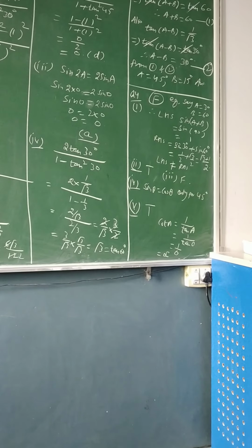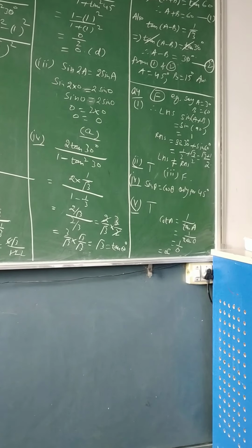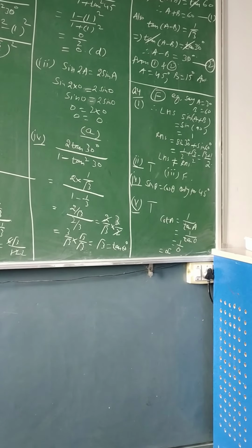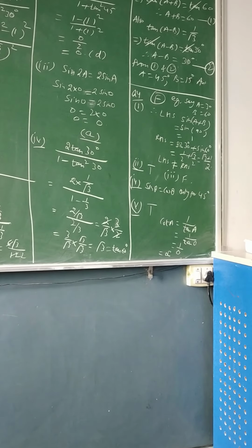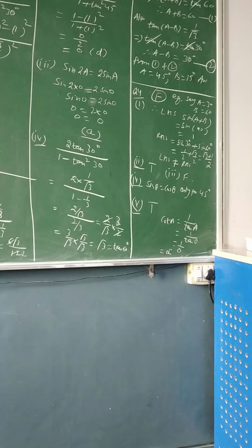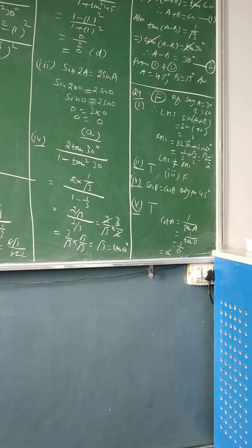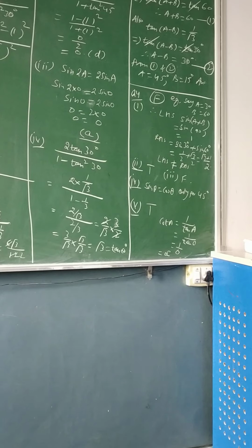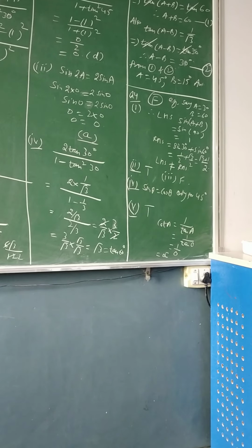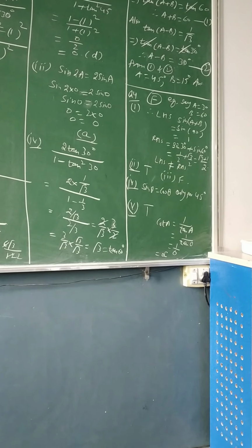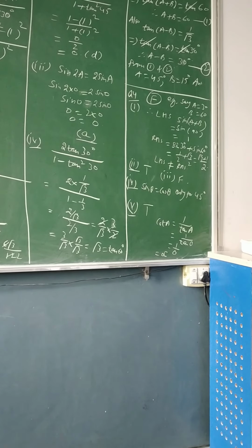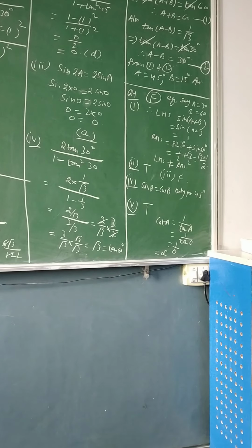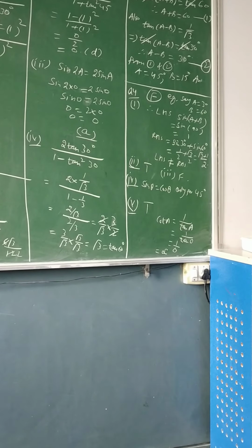Then fourth, sin theta is equal to cos theta for all values of theta. You can try other values, otherwise it is very clear from the trigonometric table that sine and cos in terms of theta are only and only equal for 45 degrees. So other angles are not equal there. Only the unique value 45, then sin 45 will be equal to cos 45, not for any other angle.